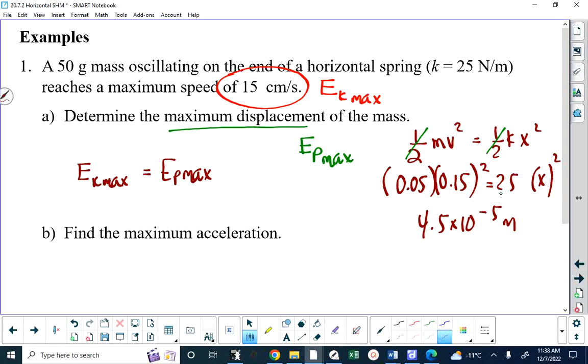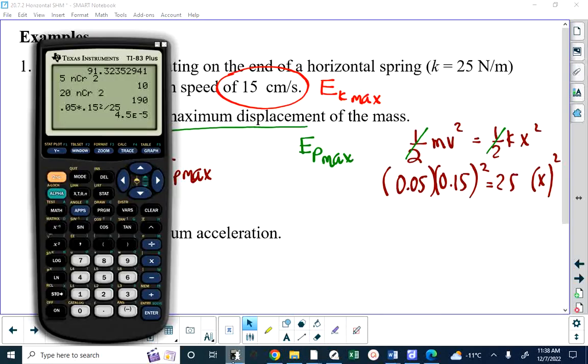Very, very tiny maximum displacement. That tells me, by the way, did I calculate something wrong? Isn't it x squared? Oh, and then square root. Thank you. I still need to take the square root. Thank you, Declan. I was, to be honest, a little puzzled why that displacement was that small. I knew it was going to be small, but not that small. When I take the square root,